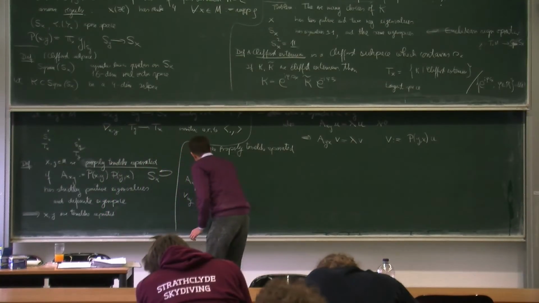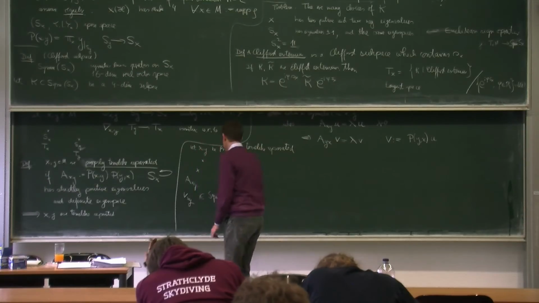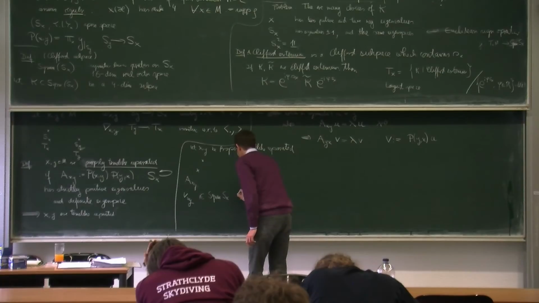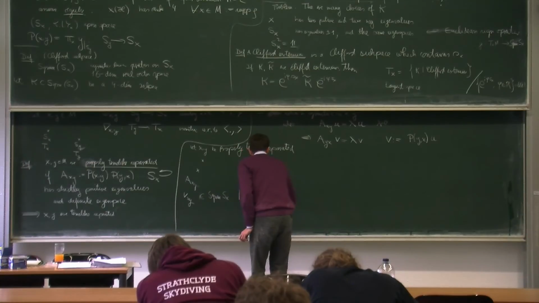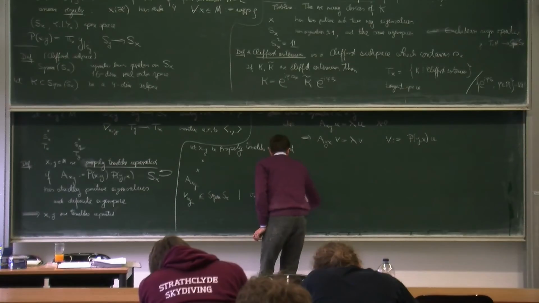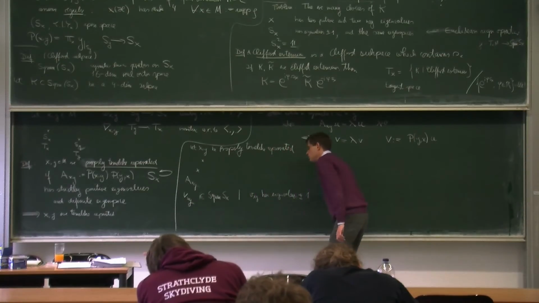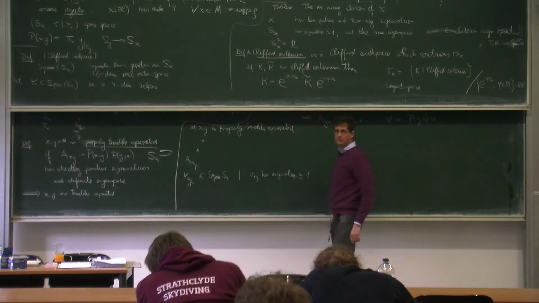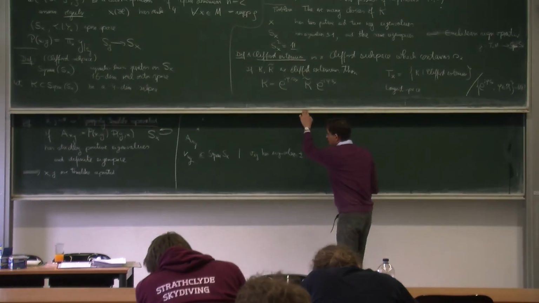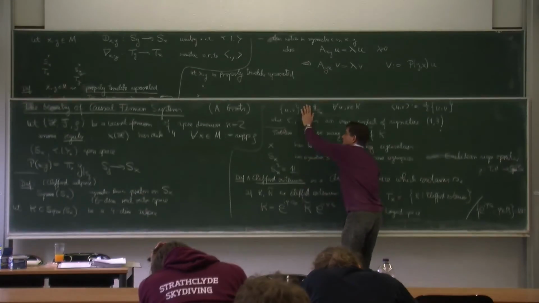So let's write it like this. This is again a symmetric linear operator on S_x, with the properties that V_xy has eigenvalues plus or minus 1, and the eigenspace corresponding to plus 1 is the positive definite eigenspace of A_xy, and the eigenspace corresponding to minus 1